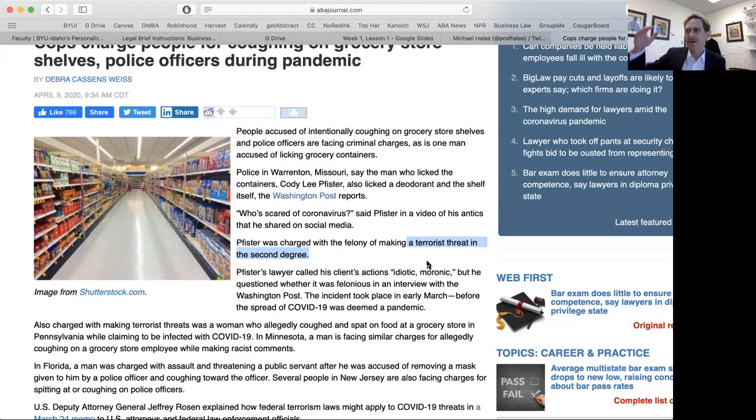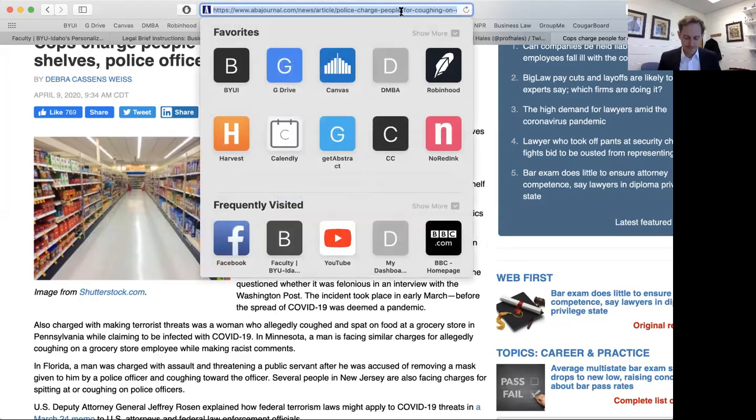All right, so we've already done the background information. We've already done the issue. We're like flying through this brief, if you can't tell. But now we get to the R, the rule. And the rule is, what does the law say about this specific issue? So I'm going to need to do some searching here. So I'm going to open up Google. And remember, this happened in Missouri. So I'm going to type in